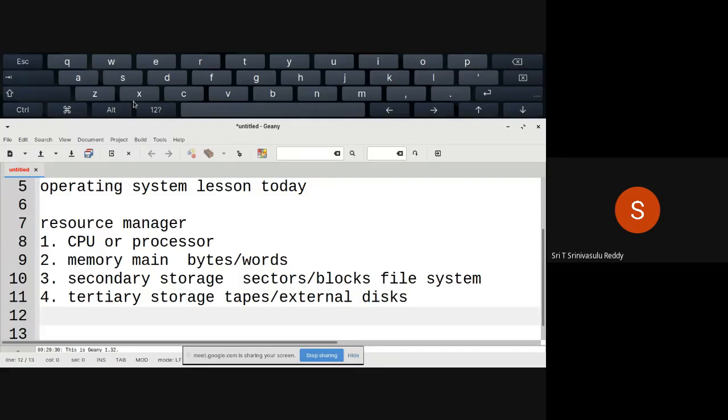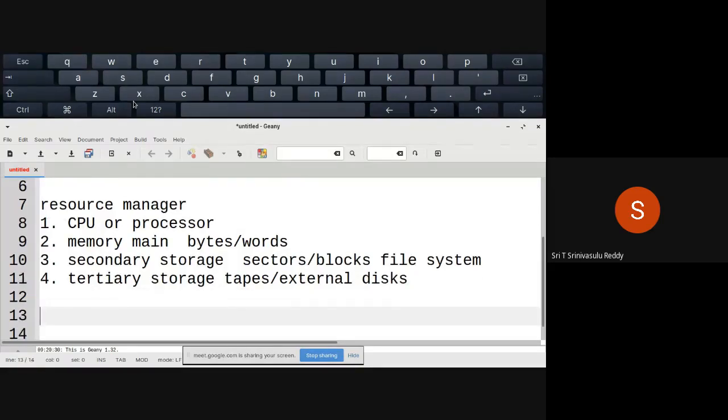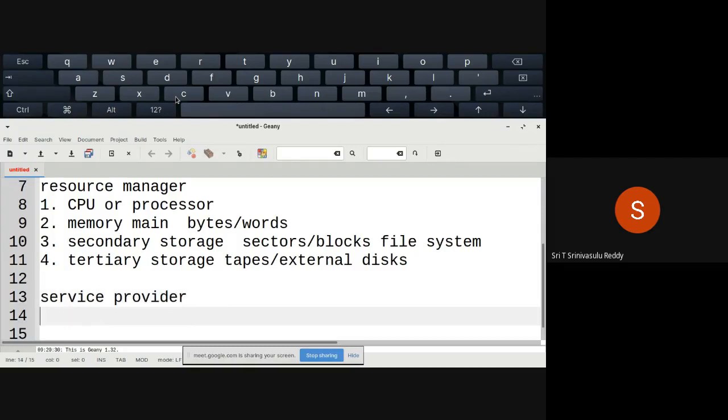But then normally I give a different definition, in which let us call an operating system a service provider. Whenever you are trying to use an operating system, it is providing various services, by which you can use the resources.